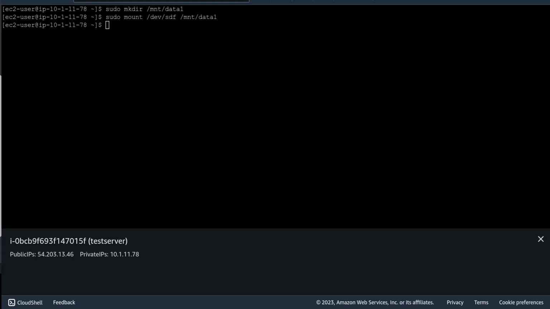So now after that, the next thing we need to do is make sure that when you restart your instance, the volume is mounted automatically. For you to do that, you're going to use a little bit of a command. We're going to do echo. I'll explain this command when we're done. So we're going to say echo and then /dev/sdf, then /mnt/data1. It's an ext3 format, and then defaults,